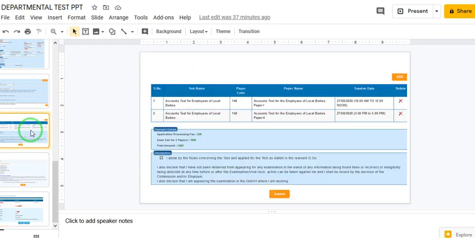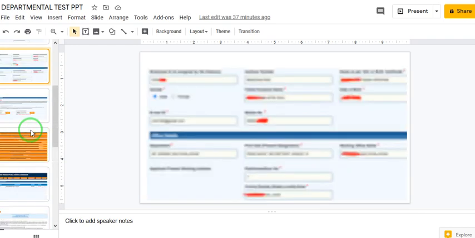Okay. So this is all about the Andhra Pradesh government departmental test,